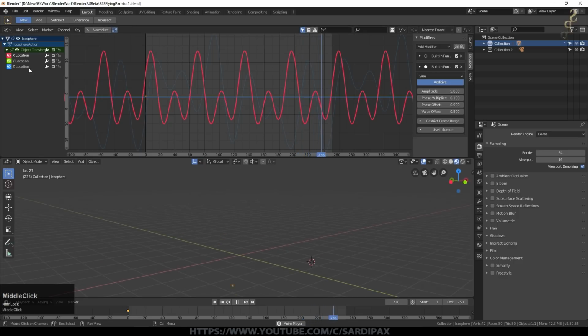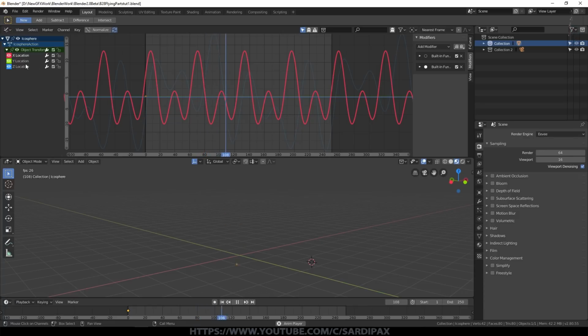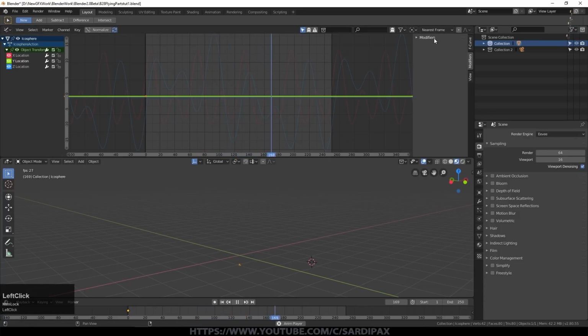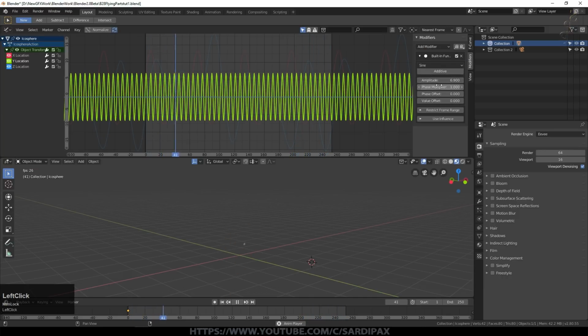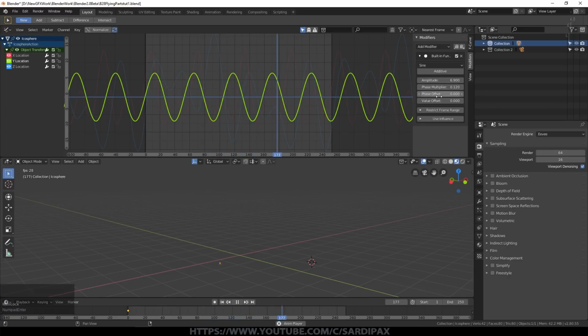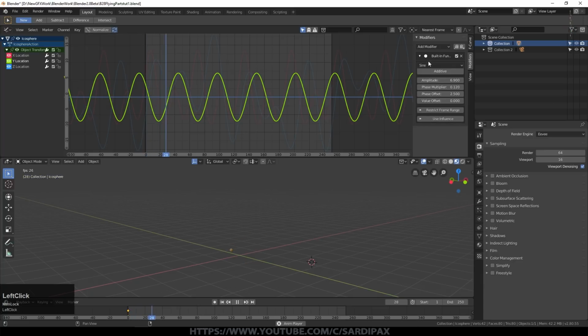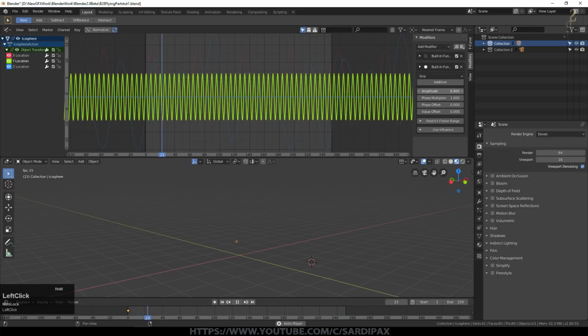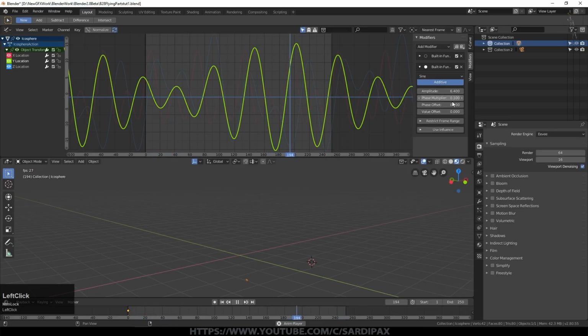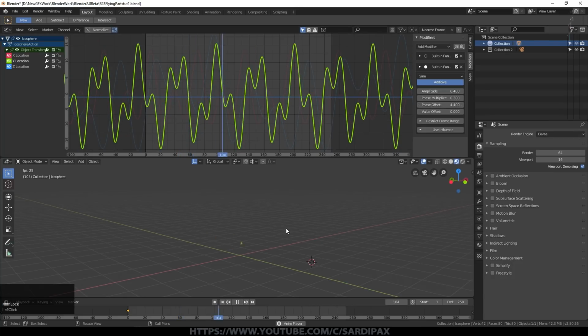And then finally we can do the same, and you don't just have to have two, you can have 3 or 4, however many you want, to make as complex a movement as you want. So let's just quickly add a modifier here, built-in function, turn the amplitude up, set the phase modifier to perhaps 0.12. It's good to have them at different frequencies. Give it a random phase offset, then add another one. Turn that one up a little bit and set it to additive, perhaps somewhere around there with a phase offset.